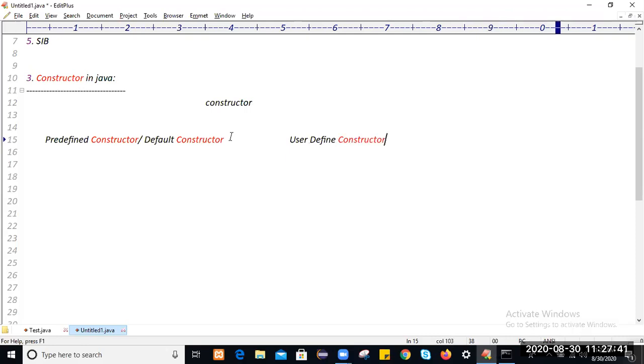This user defined constructor again differs into two types. One is zero argument constructor, that is called zero arg constructor, or else we can say non parameterized constructor.